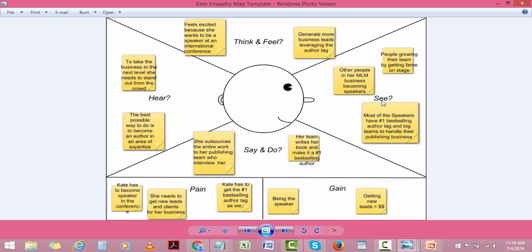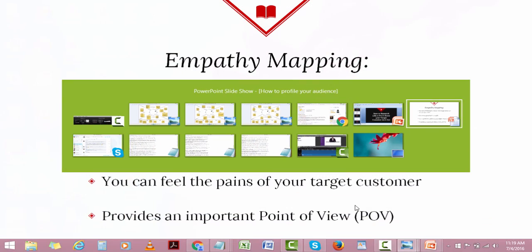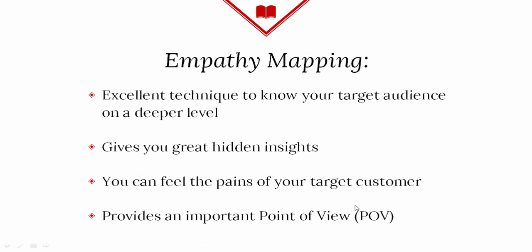Now what does she basically have? Her pain points are that she wants to be a speaker at conferences, she wants to get new leads for her business, and the best-selling author tag. The gain is that once she is a speaker she can generate new leads for her business, which means more revenue and more income. So this is how you can create an empathy map, and creating an empathy map basically gives you the power